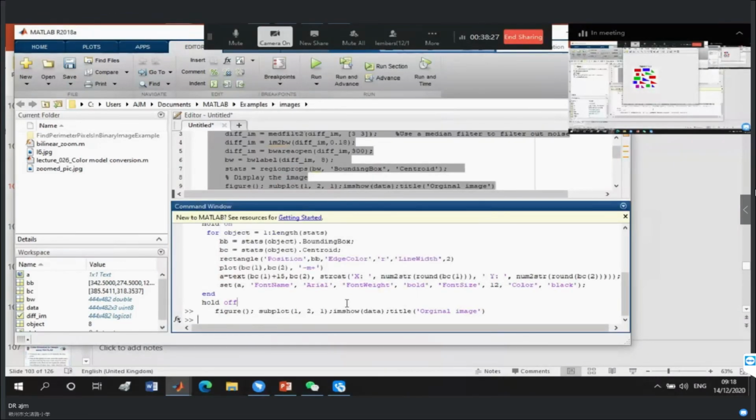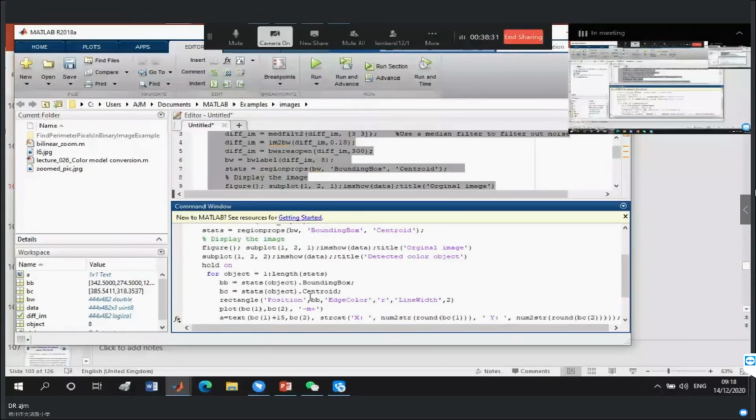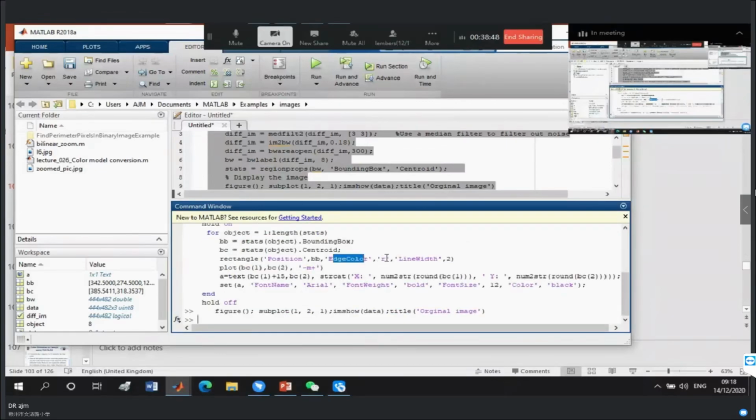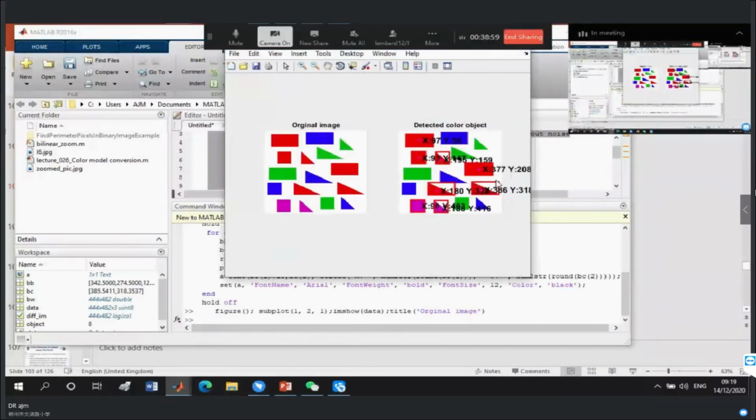Now on the next, we are going to find the bounding box and centroid, and then we will put some rectangles with the red edge color and a line, which can be the identifier that we use here. As you will see, when I detect the red object here, I will put a rectangle in such a way that it can cover all my